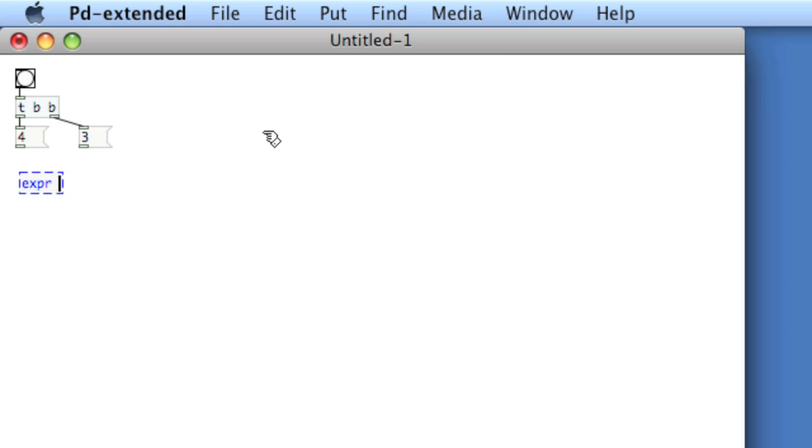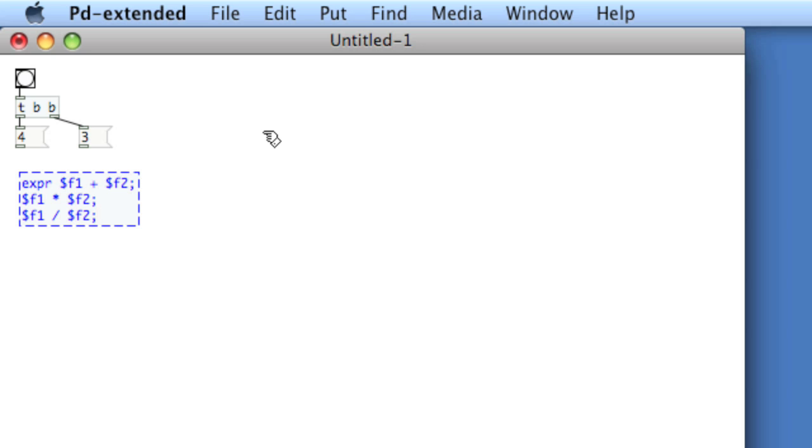Now what I do is after that I'll type $f1 plus $f2, and this is $, by the way, f1 and f2. Now I'll type semicolon and hit return and type my next equation, $f1 times $f2. So that's the first inlet times the second inlet. Remember that the f stands for float in this case. You can actually use i if the numbers coming in are supposed to just be ints, and you can also do symbols. That would be s. So then $f1 divided by $f2,